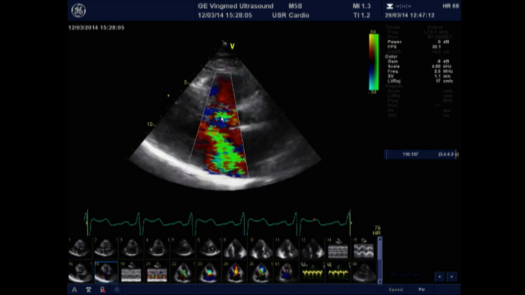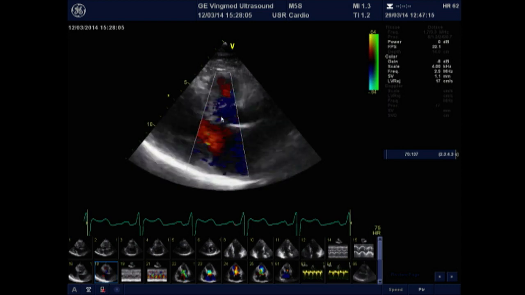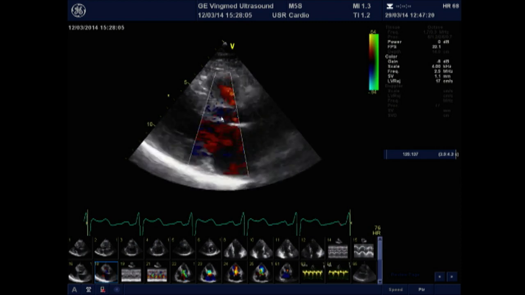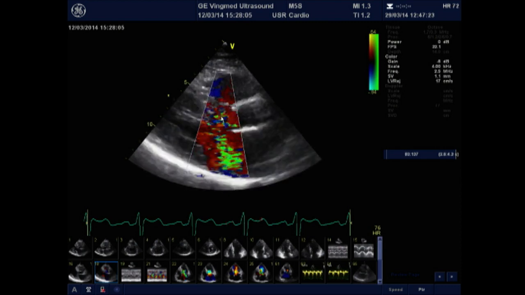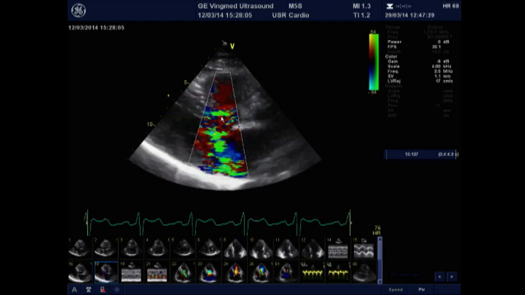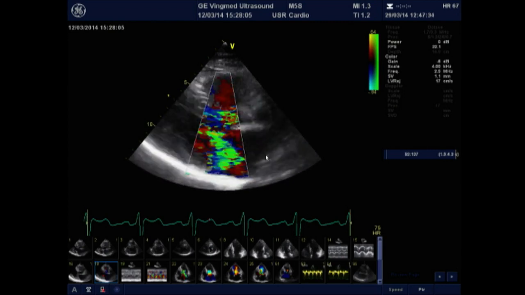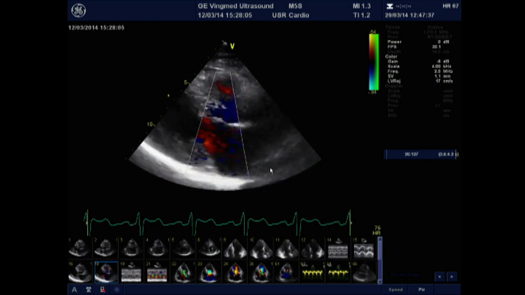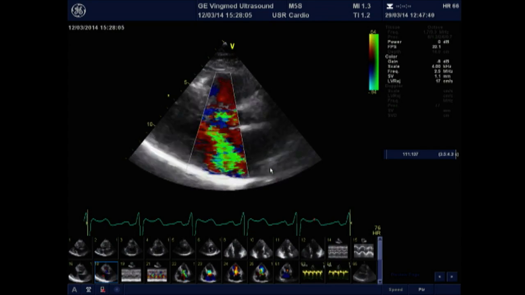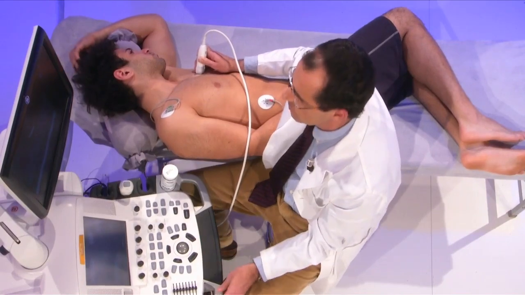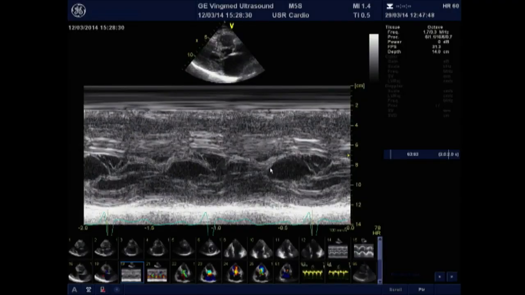When it is SAM related to obstruction, its direction is posterior and lateral, showing that the mechanism of obstruction is SAM related. When the direction of the mitral regurgitant jet is central or anterior, we must always think of an associated organic valve disease. When we make an M-mode cut of the mitral valve, we can confirm the systolic anterior motion of the mitral valve,